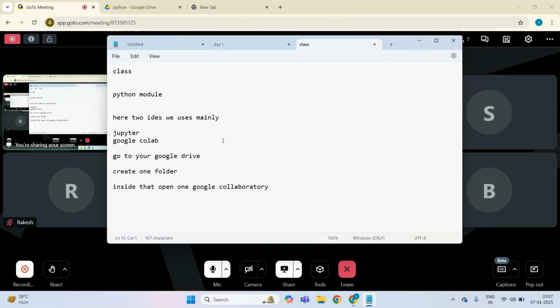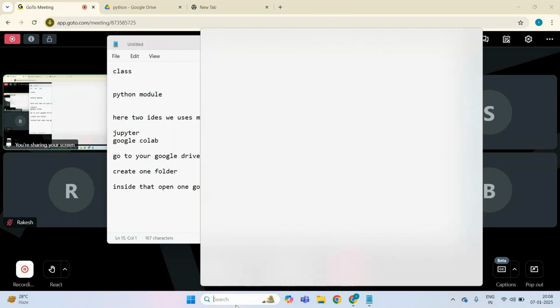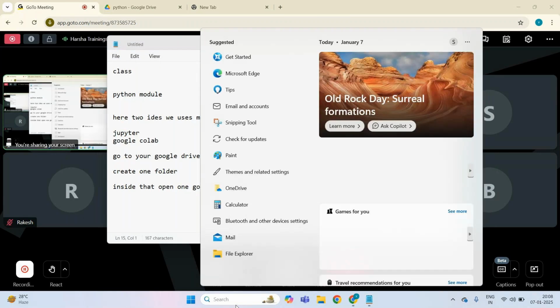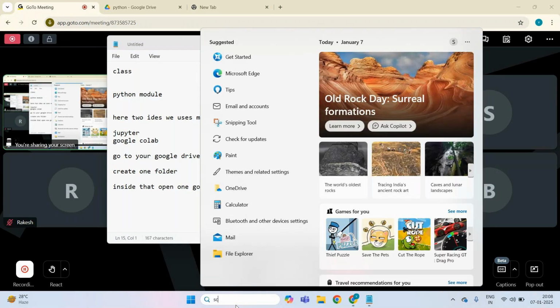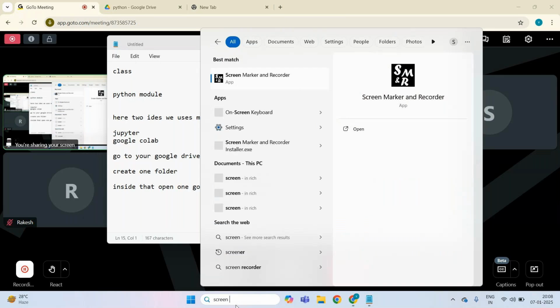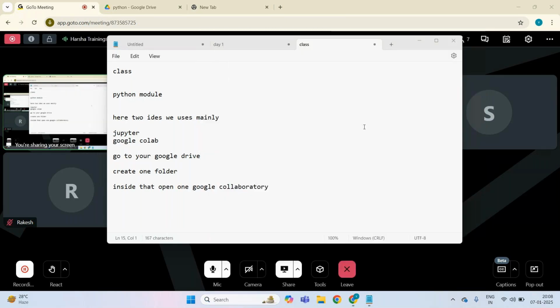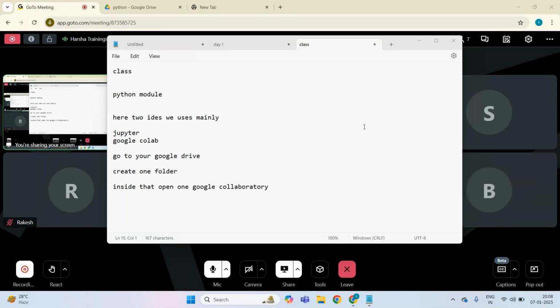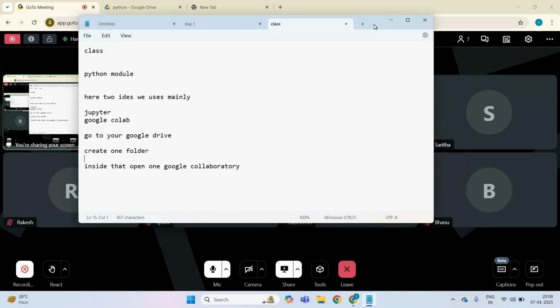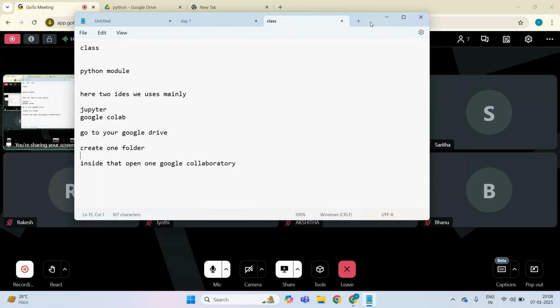Yesterday we started the Python module, where we'll be doing Python programming normally, and which kind of IDEs. Yesterday's class covered what kind of stuff we started, for example the swimming part, where